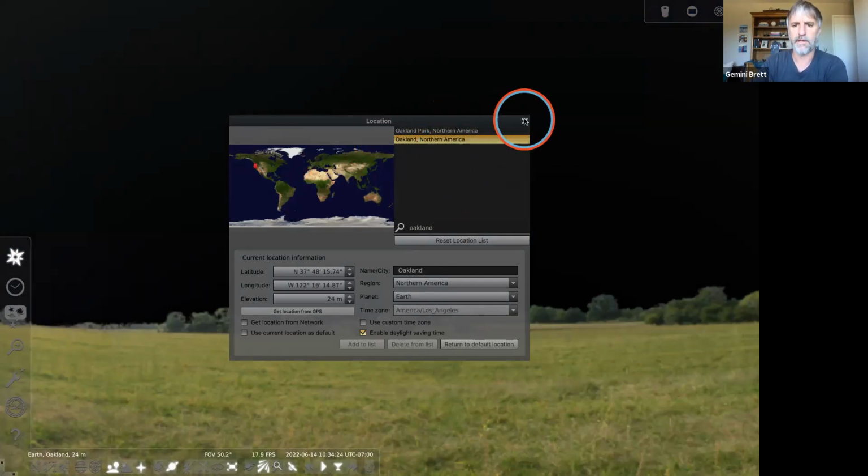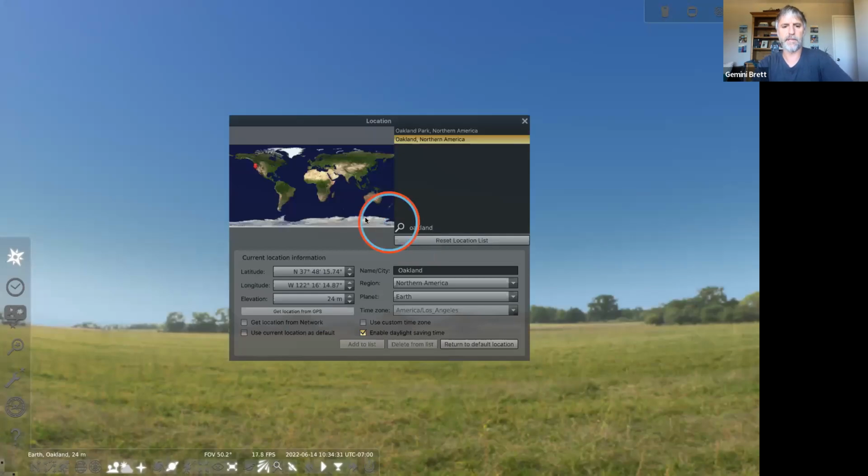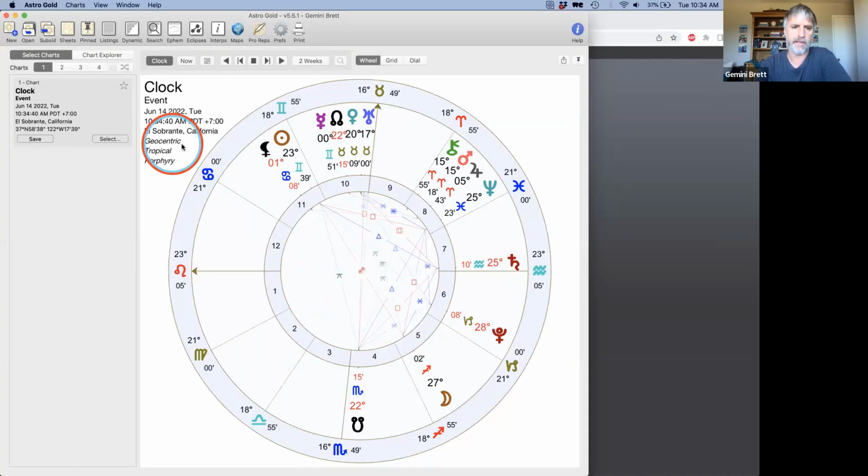Okay, I went to Oakland. I just want to go here and get a keyboard shortcut. I'll come back into this location window. And so Oakland is 37°48' and some change north of the equator and 122° west. And I'm going to be able to manually input the El Sobrante, California latitude and longitude from astrologer's software,